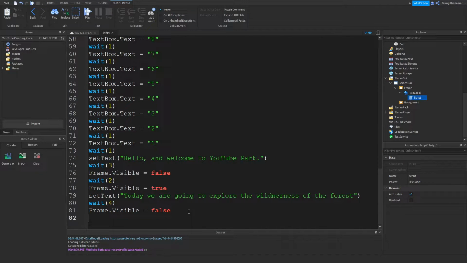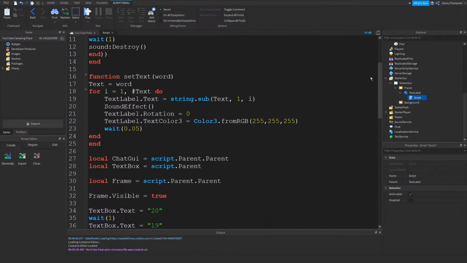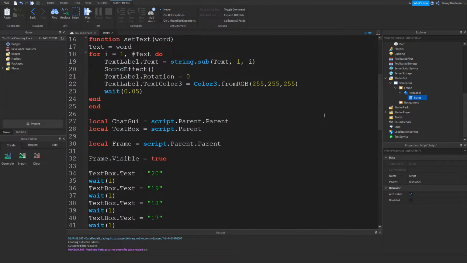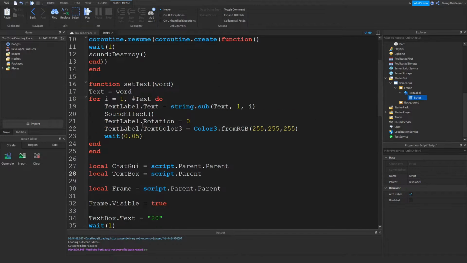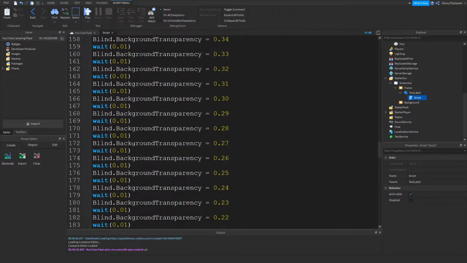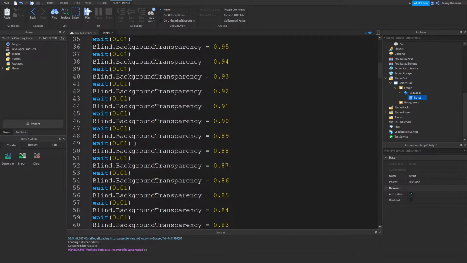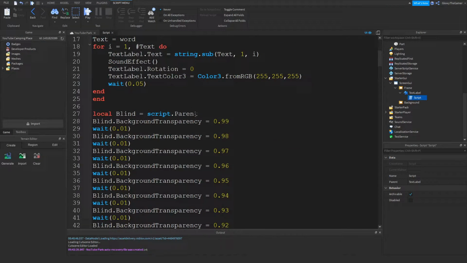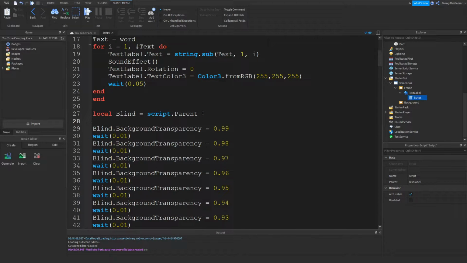So now what we're going to do, if we want the fade out to be optional and to be simplified, let's just go right here, above the values. We're going to copy and paste that, right? But what you want to do is you can leave the local blind there, but we're gonna skip a line under it, and then we're gonna do function fade out,